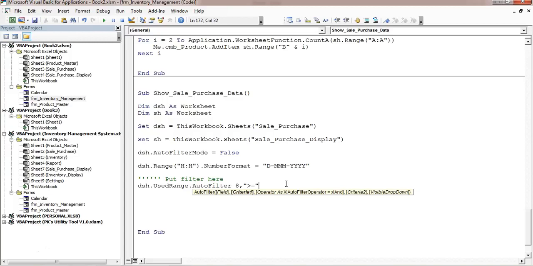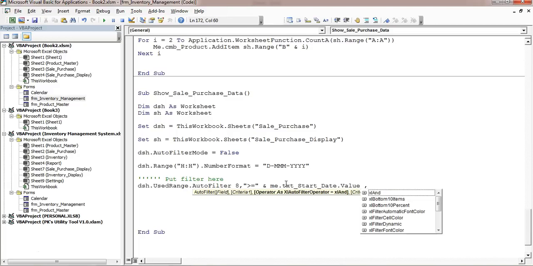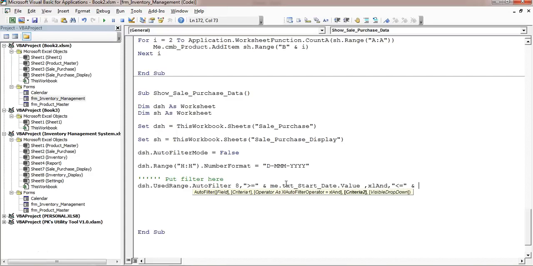So I'll put here greater than or equal to, and I'll put here Me.txtStartDate.Value. The second condition, so I'll use here xlAnd and the criteria 2 I'll use, it should be less than or equal to end date. So I'll use here Me.txtEndDate.Value. Alright, so we have filtered the date.